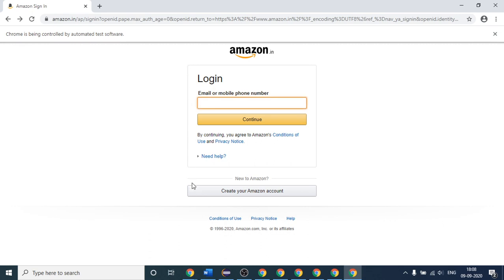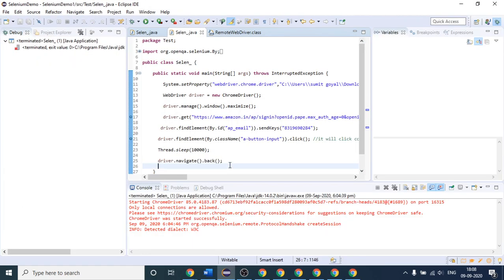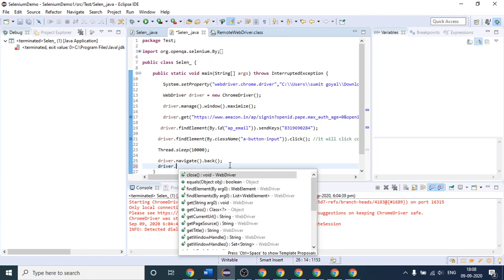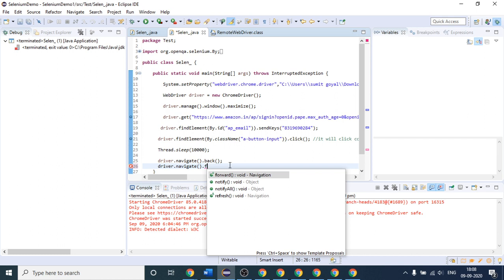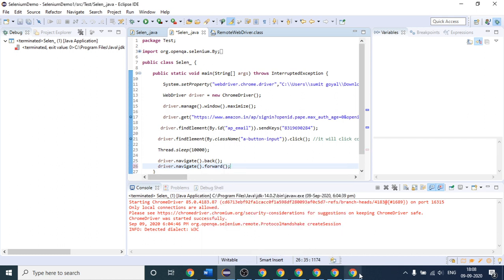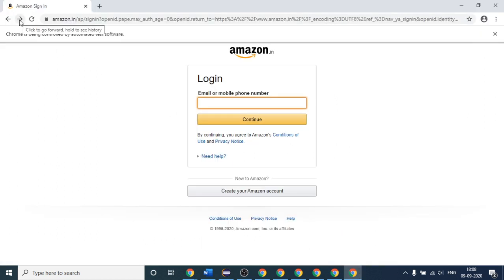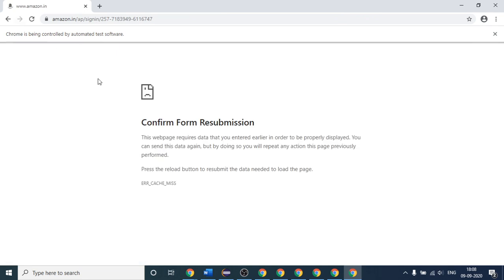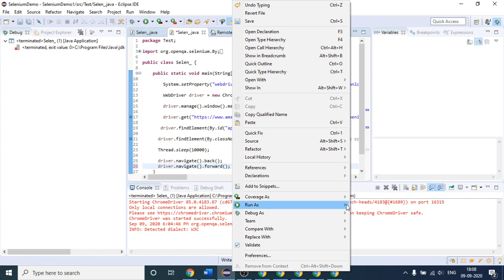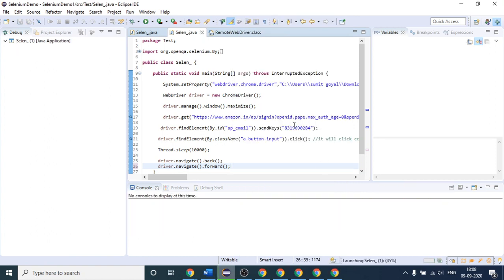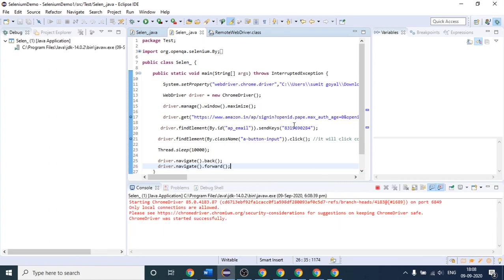With the help of this, we can come backward or forward. Okay, so if you have to come forward, you can do it like this: driver dot navigate dot forward. So this is the method it will use. After you have come here, suppose you have to go here again, so you will simply press this, but it will throw an error because it is not allowing us to come to this again. So let's try this as well. So these are the two methods which will help you in going forward and backward in the browser. Okay, so let us run this.